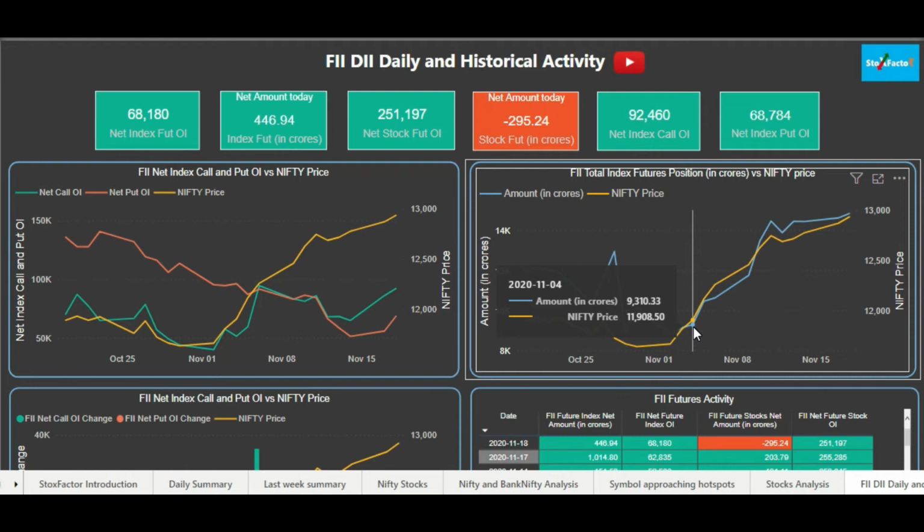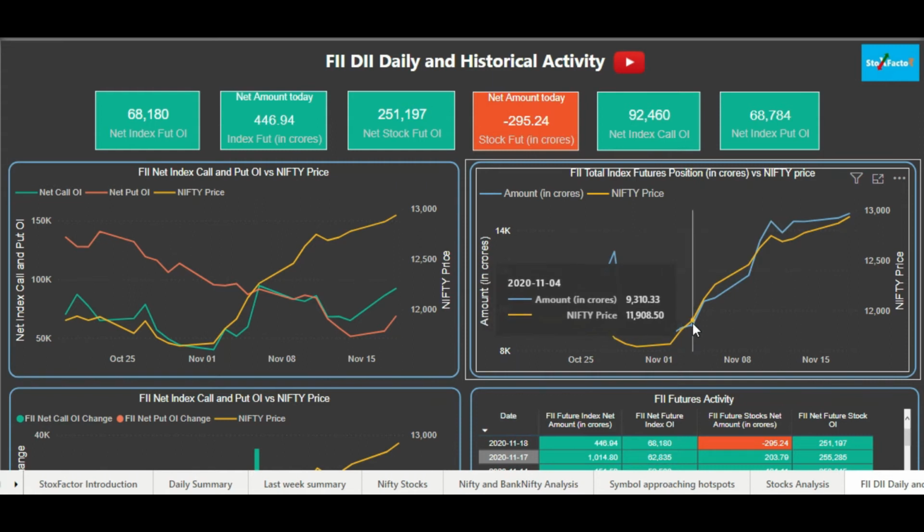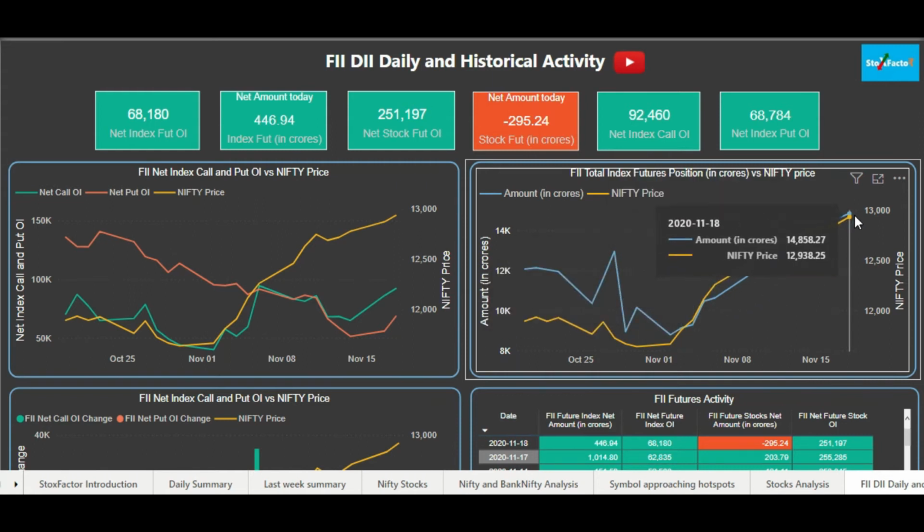If this correlation becomes clear, then obviously you can take your trades with more confidence, because you know that big players are also making their positions on the long side. You have already seen that in Nifty OI there is a long build-up, and you can also see who has made that long build-up, whether FIIs are also participating in it or not. You can see here that the trend is continuously increasing, which means FIIs have made huge long positions on the index as of today, and Nifty is also increasing. So it means Nifty is on a very bullish trend, and FIIs are mostly participating in this rally.